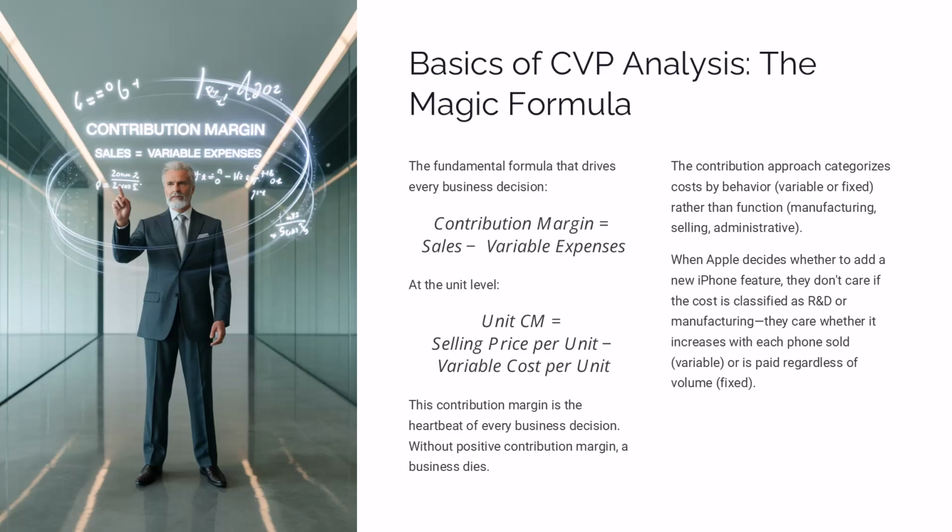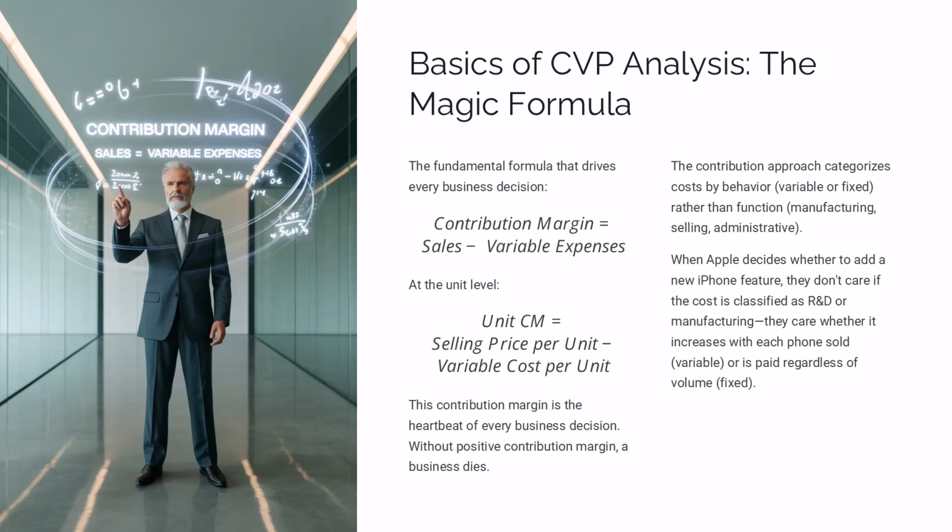When you're deciding whether to drive for Uber Eats to make extra money, you're calculating contribution margin without realizing it, taking the $8 you'll earn per delivery minus the $3 in gas and wear on your car to get a $5 contribution margin per delivery. And then you're asking yourself if that $5 contribution margin multiplied by the number of deliveries you can make will cover your fixed costs like car insurance and phone bill, plus leave you with profit for spring break.